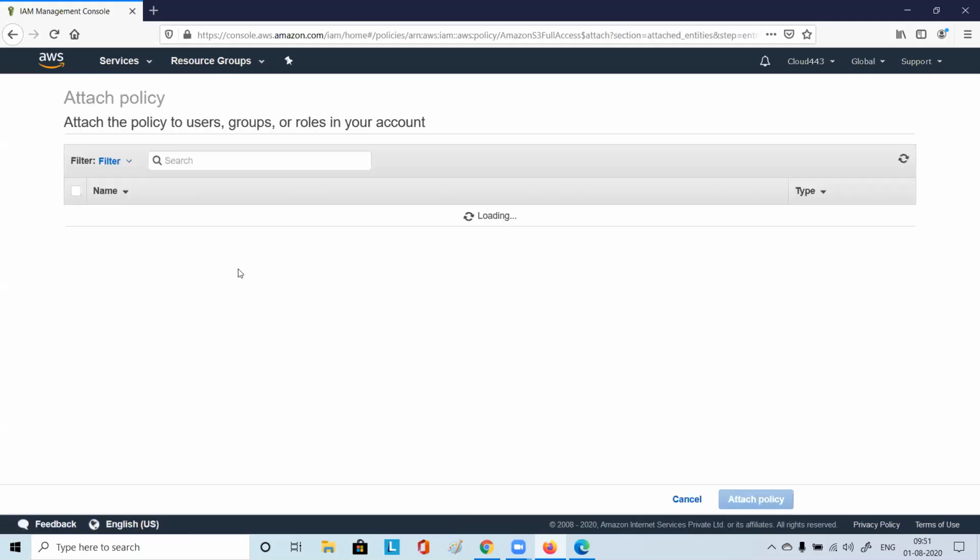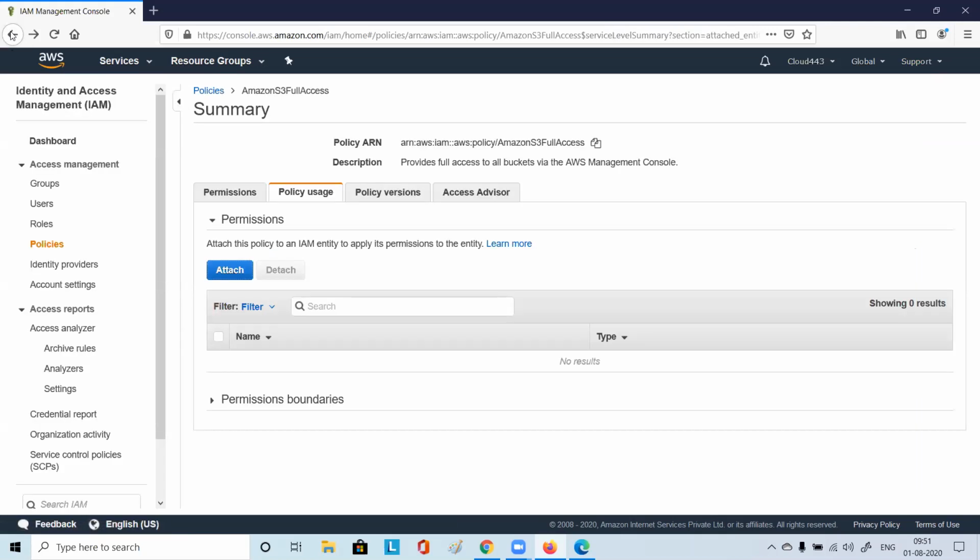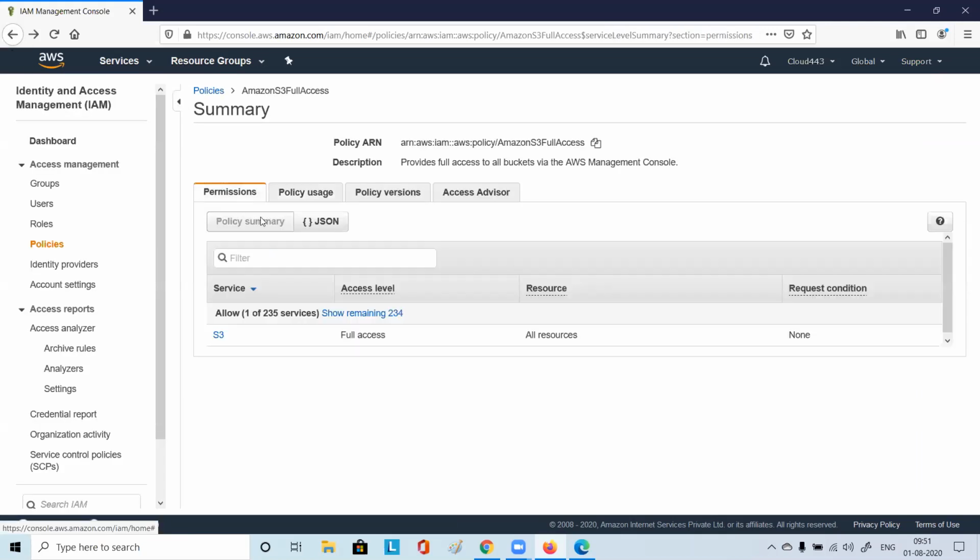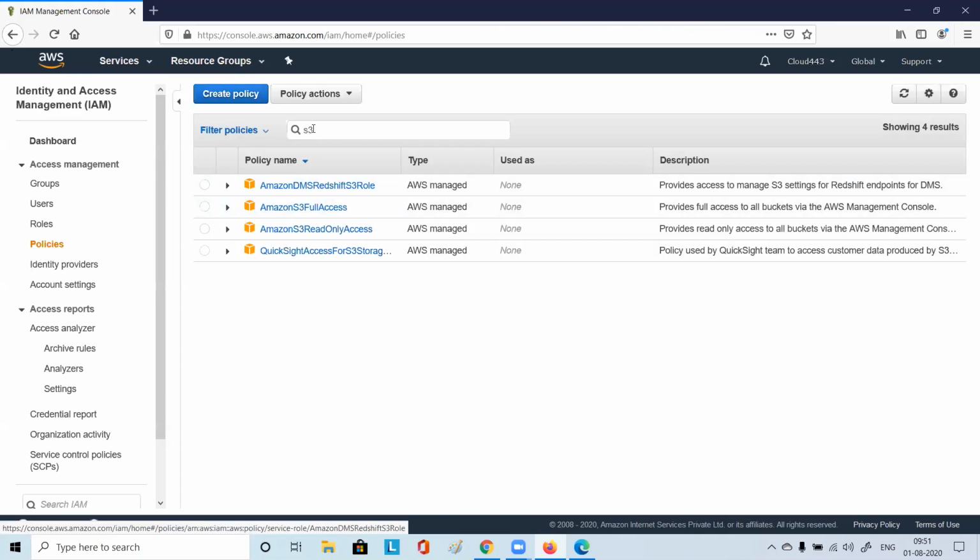Here you have options like attach. You see the option? You can attach. Initially we did not attach, but later you can attach multiple policies. The option to attach: whom do you want to attach to? You can attach to the group, or to a particular user.